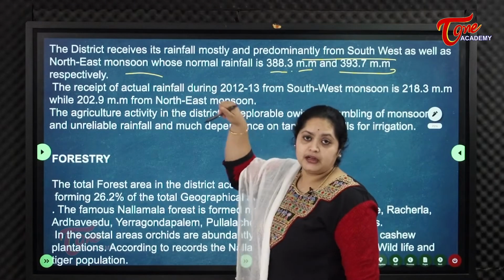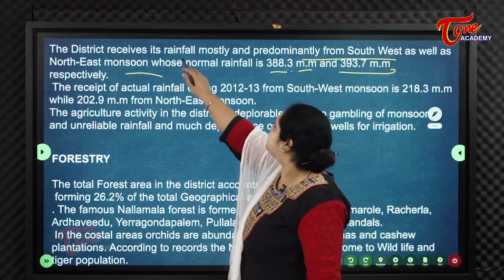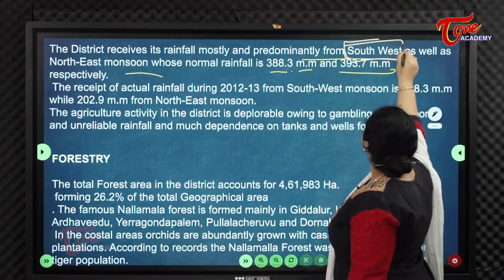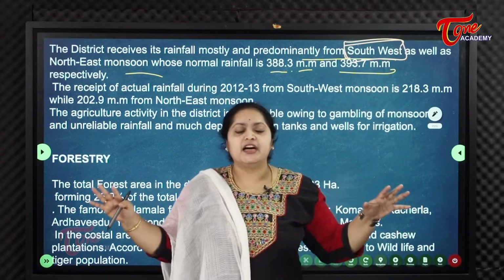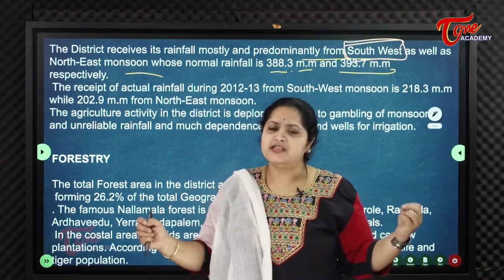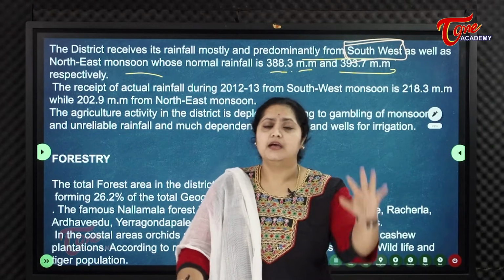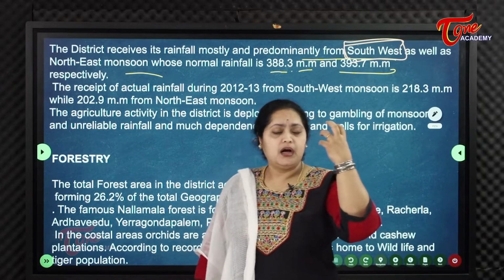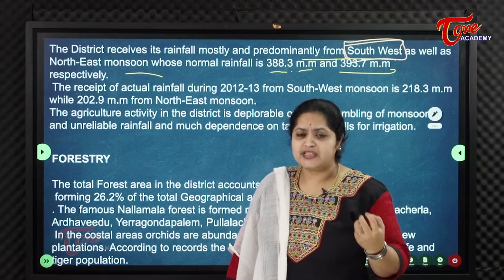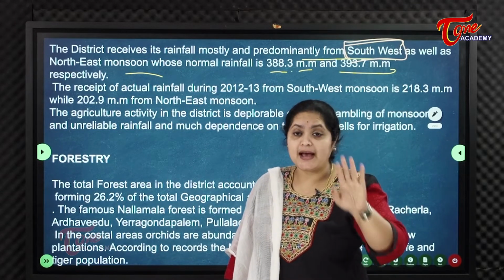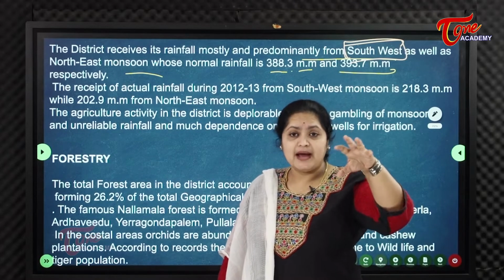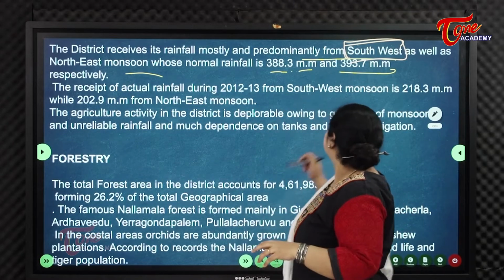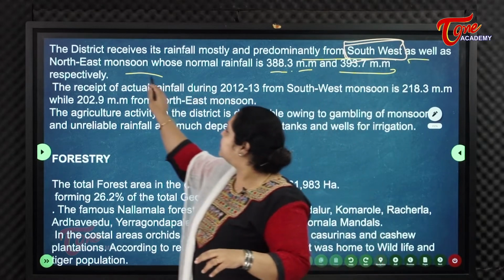See, that's what they say here. The district receives rainfall mostly and predominantly from the southwest monsoon. Almost all of India receives rainfall from the southwest monsoon only. Maximum, I am saying maximum land of India is drained by the southwest monsoon. And as well as the northeast monsoon,